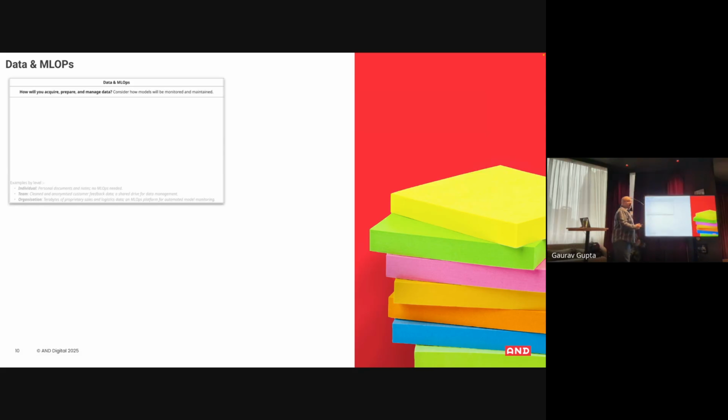Next row, we get into a little bit more detail. Just as a point of guidance with canvases, if you can only do 3 boxes, do the top 3. If you can only do 7 boxes, do the top row, the next row, etc., because it gets more detailed as you go through. The bottom row is slightly different because it's about how you're going to plan and organize yourself. So what data and ML ops do you need? By data, I mean what kind of data you have in your organization, where it's coming from. By ML ops, I mean the technology and the operations around that which will process that data and give it to you.